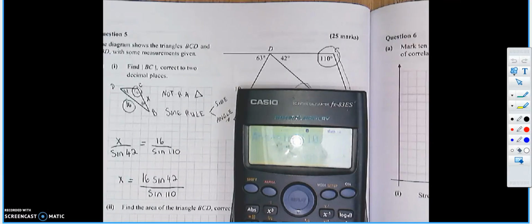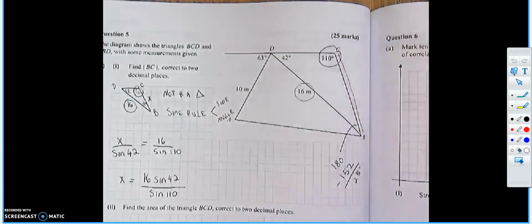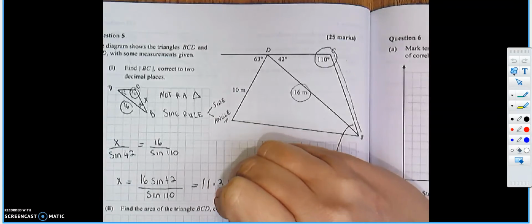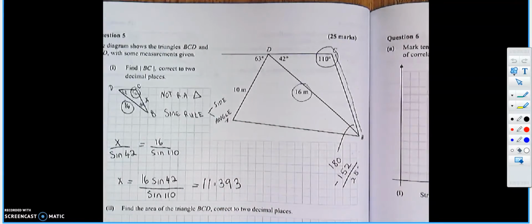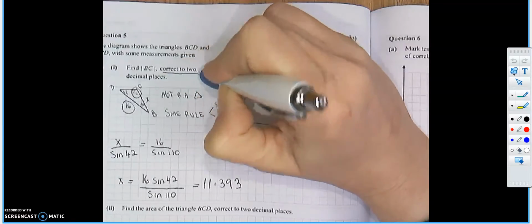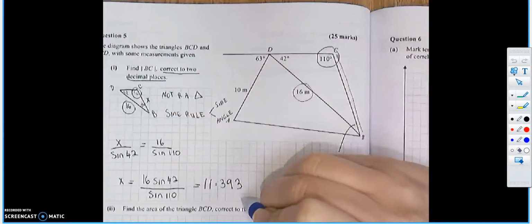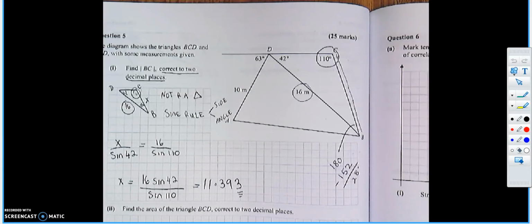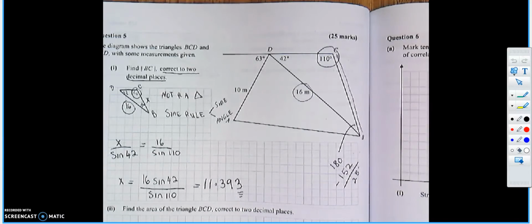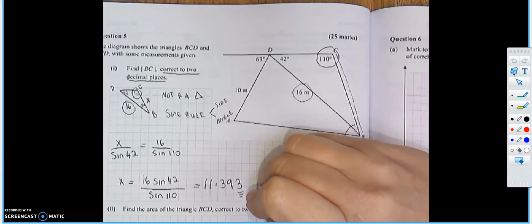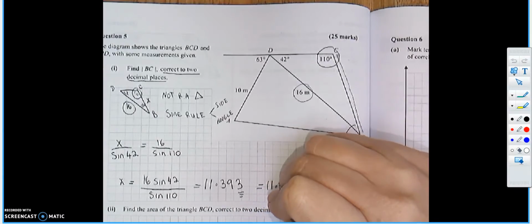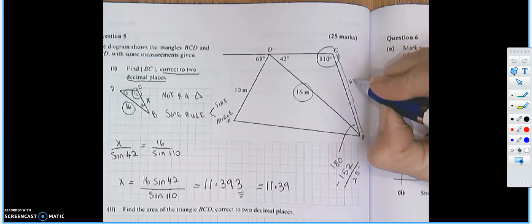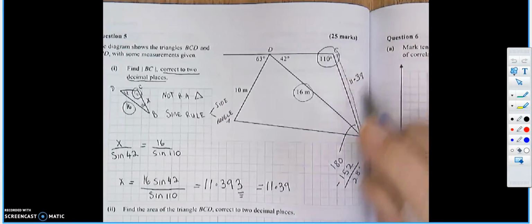Close your bracket, press equals, and you get 11.393. So the length of that line is 11.393. Now the question asks to give it correct to 2 decimal places, so you look at the third decimal place. If it is a 5, 6, 7, 8, 9, you add 1 to the number in front. This is a 3, so I just leave it as 11.39. When I have that done, I then label it onto my original picture because I might need this to